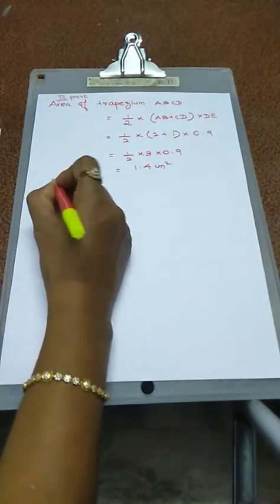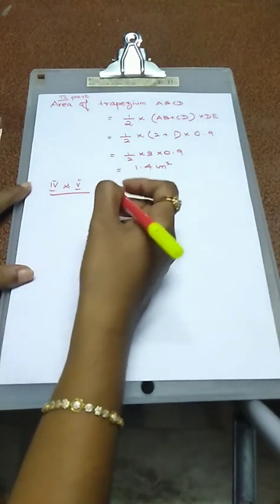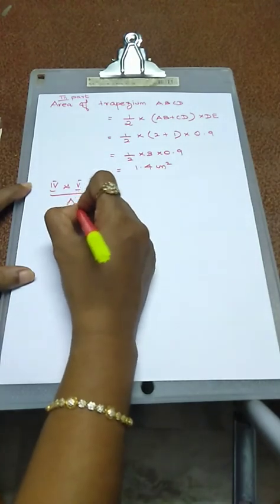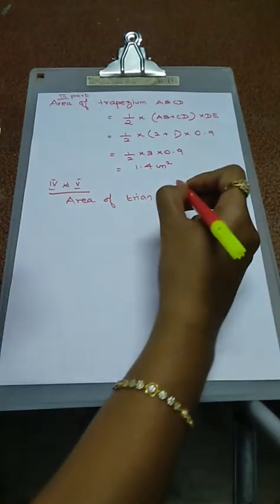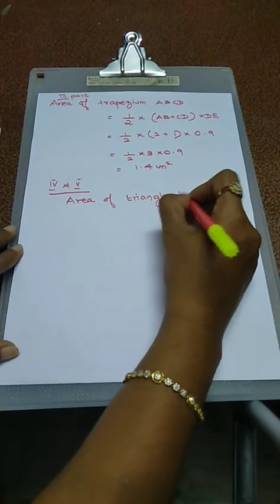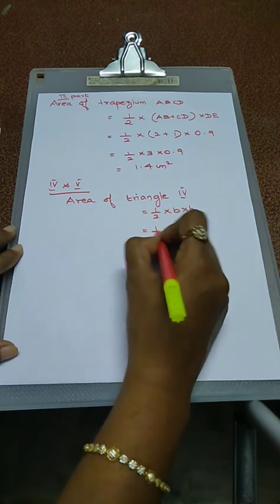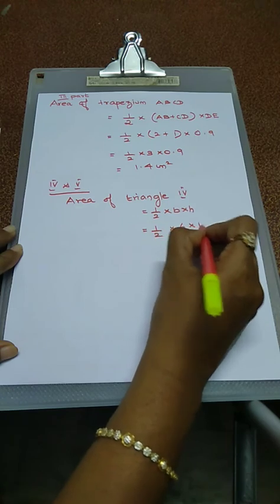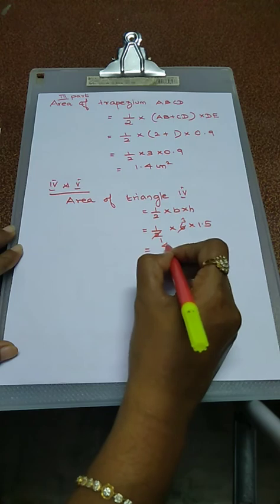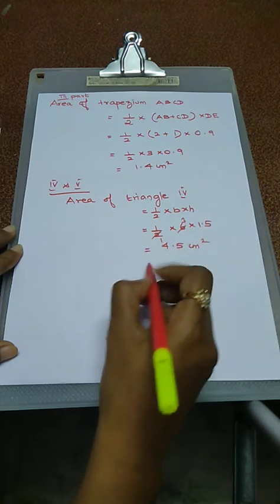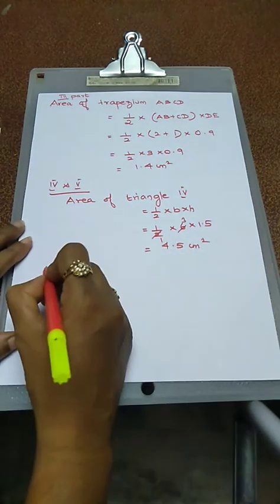Next we have to calculate the fourth and fifth part of the aeroplane. Okay, that actually looks like a triangle, area of a right angle triangle, no. So area of triangle, the fourth part, is equal to half into base into height. So what is the base value actually? That is 6 and the height value is 1.5. So cancel this value. So the answer is actually 4.5 centimeter square. So if the fourth part is 4.5, the fifth part is also 4.5 centimeter square.